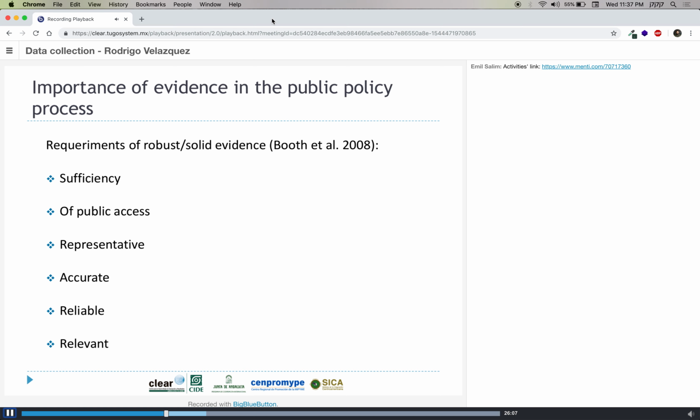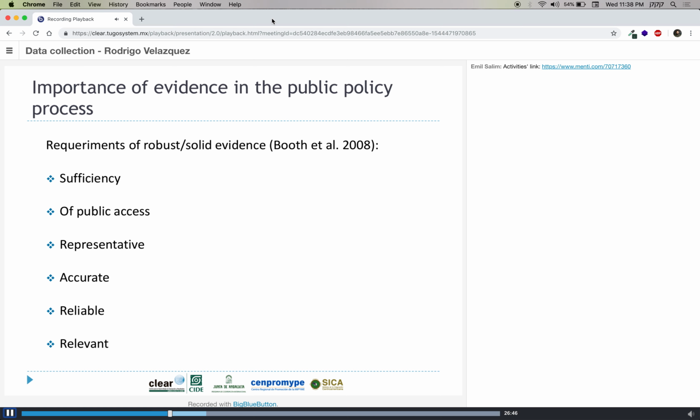So when we show evidence concerning the preparation or design of public policy, we have to be accurate. So we have to avoid these terms that otherwise are ambiguous. We have to provide precise and accurate data and information that are related to the objective that wants to be achieved. So this is another point that has to be taken into account. The next requirement has to do with reliability.